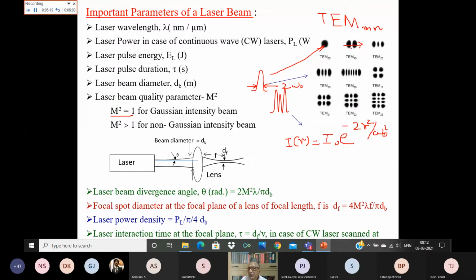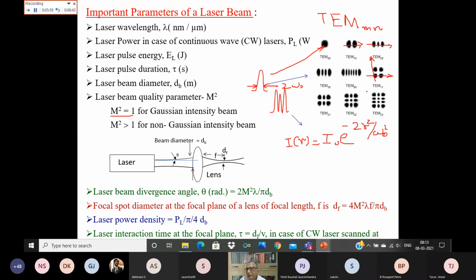So here you see this in the x direction, there is 1 zero intensity point within the laser beam. So it is 1 here. If you see cross here, then you see that within the laser pulse in the x direction, there are 2 null or zero intensity points. So m value is 2. If you go through this way in x direction, you have got 1, and if you go in the y direction, you have got 1 zero point here. So this mode is identified as a TEM11 mode.